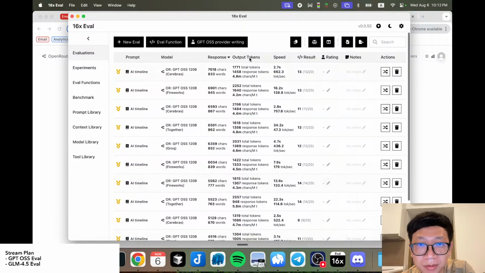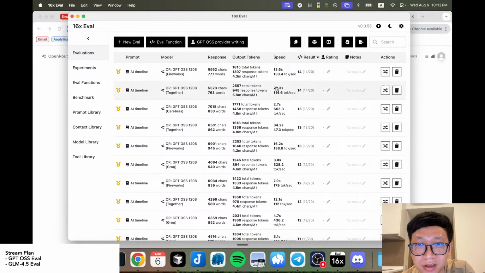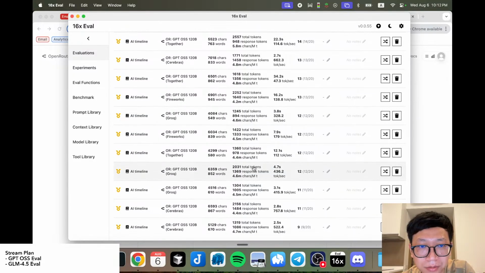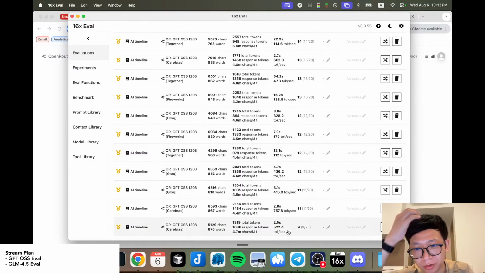There's no one provider that stands out in terms of quality or tokens. But it's interesting that the bottom two performers are both from Cerebras, in terms of the inclusion of